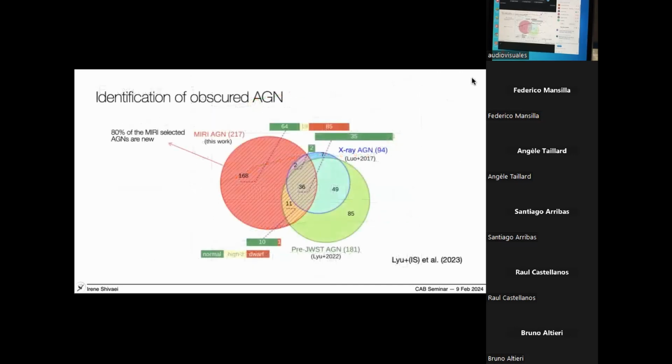So one of the first studies with our survey, led by a postdoc, John Wei Liu at the University of Arizona, was looking at the population of AGN at cosmic noon. And these different circles show the AGN identifications using different methods. And as you can see, there was a large fraction of newly discovered AGN based on the MIRI data. Even for the very massive galaxies that other surveys are supposed to be complete, we found about 30% new AGN detected by MIRI. Well, this is all I'm going to say about AGN.